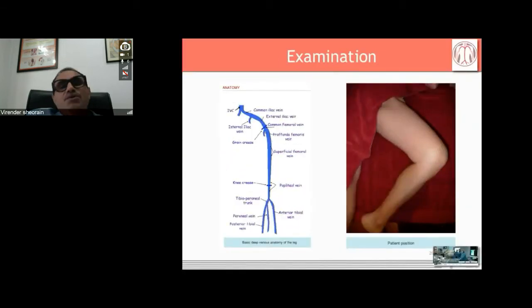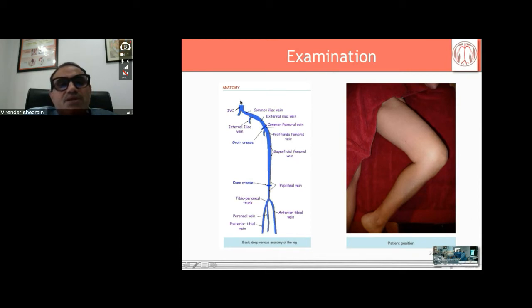Now coming to the position, you cannot just go ahead and do the Doppler in any position. The patient has to be comfortable. The anatomy, you should be looking for the pathology, the anatomy should be well delineated. So a patient is lying on back, the leg, either leg, right or left, has to be rested. The frog leg position is a great position. The patient is relaxed. The anatomy of the vein is well delineated in this position. So apply your jelly, keep it a little warm.